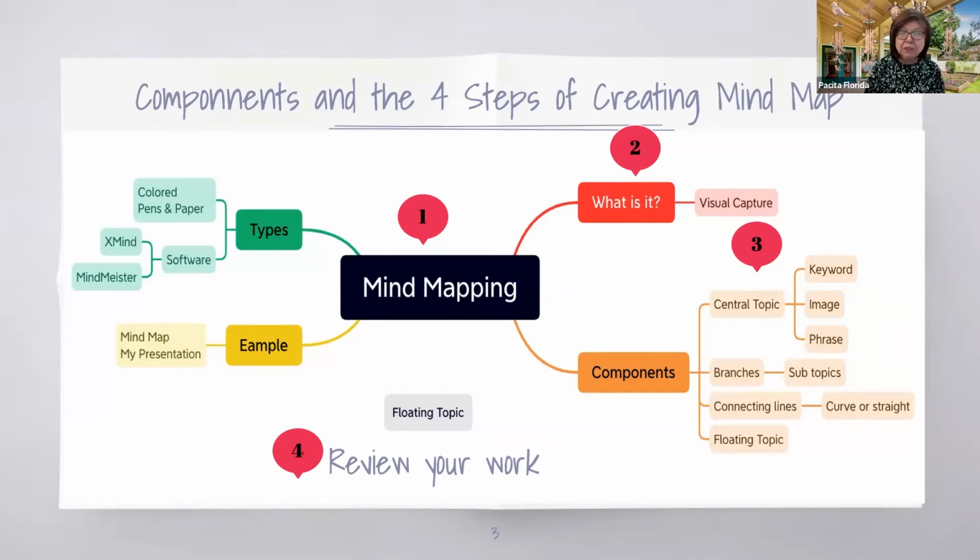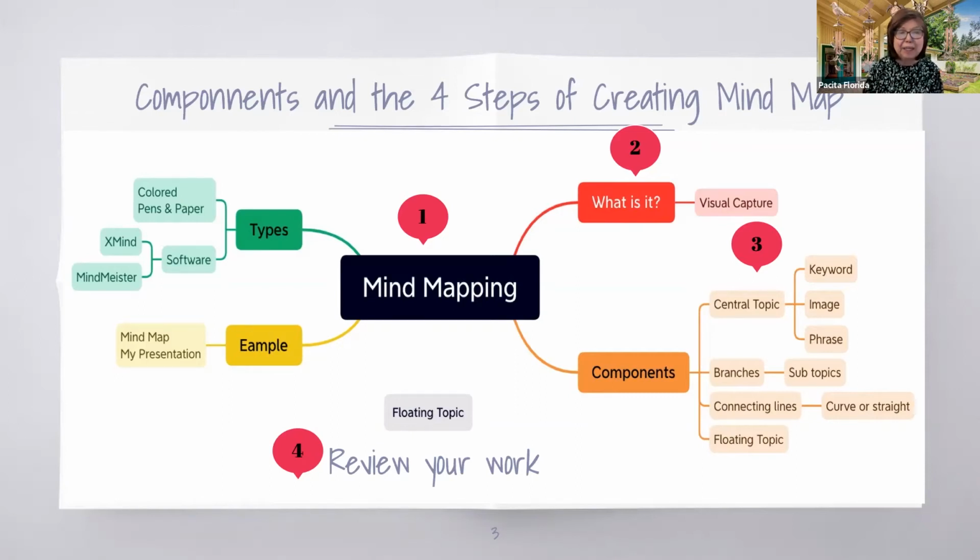Step number 2 is you create your branches. These are branches, or we call them main topics. Okay? And they are closely related to this central topic. And then you can add your subtopics. That's step number 3. Subtopics are, of course, closely related to your main topic. The next step will be to go deeper with your subtopics. You can add more subtopics and make sure you continue expanding each of these new topics as much as possible,